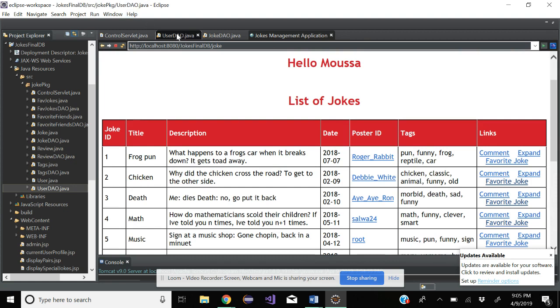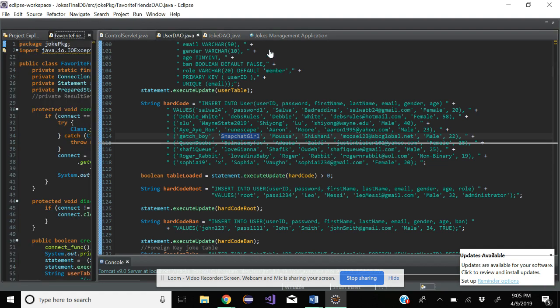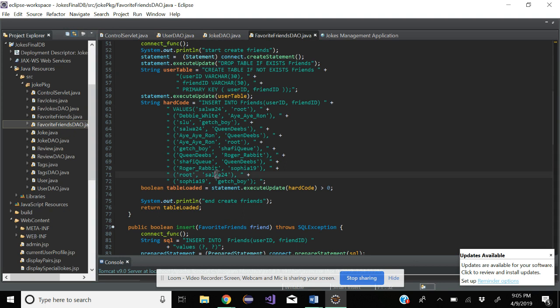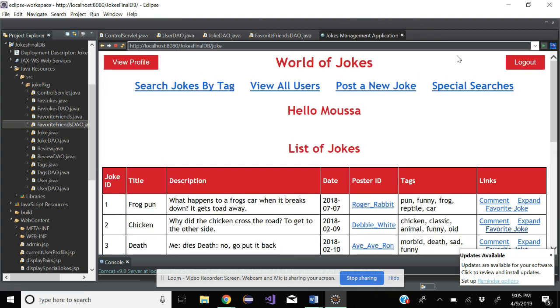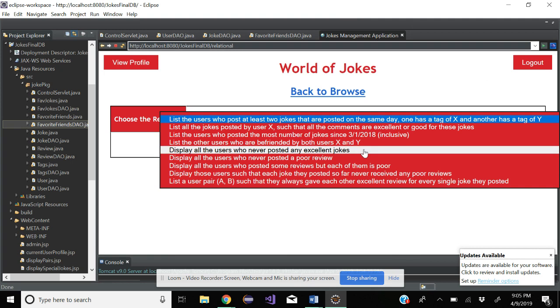But if we look at the hard-coded data in the favorite friends DAO, we'll see that I'm friends with Root, and Aaron's friends with Root, and then Aaron's friends with Queen Deebs, and I'm friends with Queen Deebs. So it listed both of those. And then the next one is